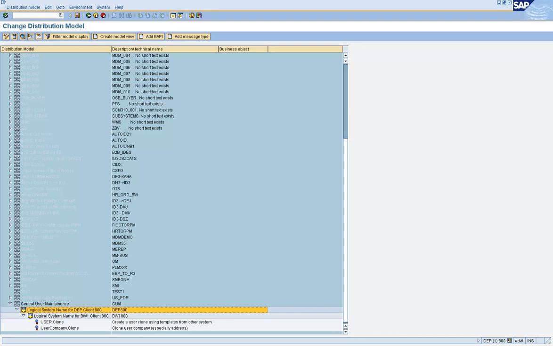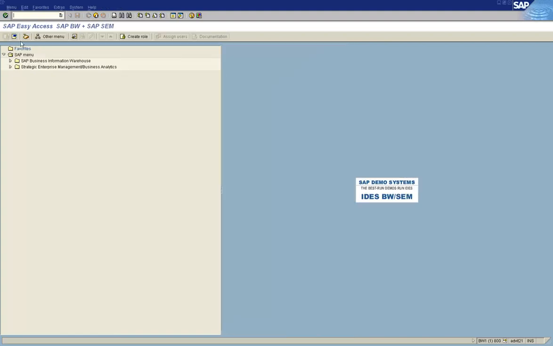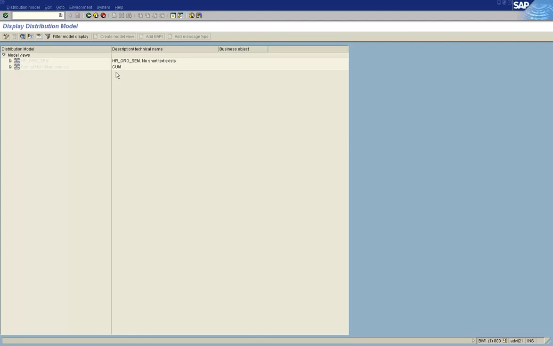Okay. Now if I go back to the target client, the child system, that is BW1800, and I go and execute the transaction BD64 now, the model view is here. Okay.